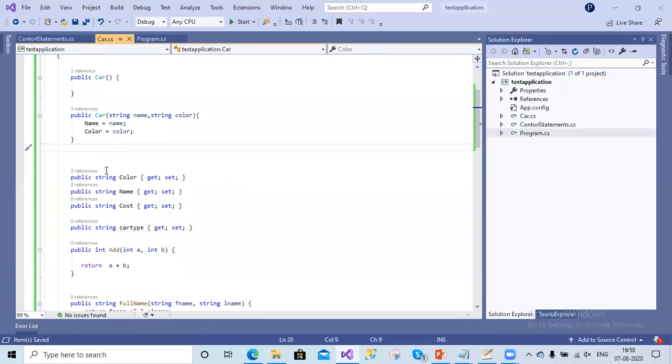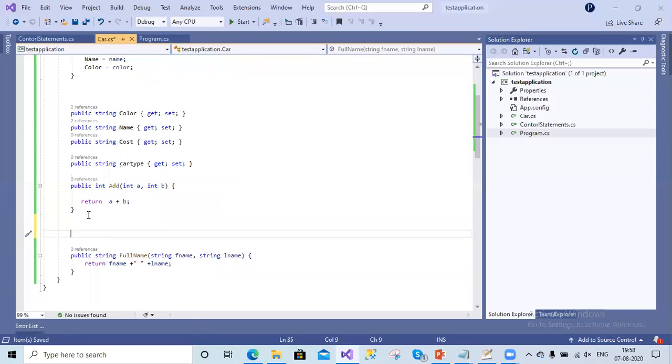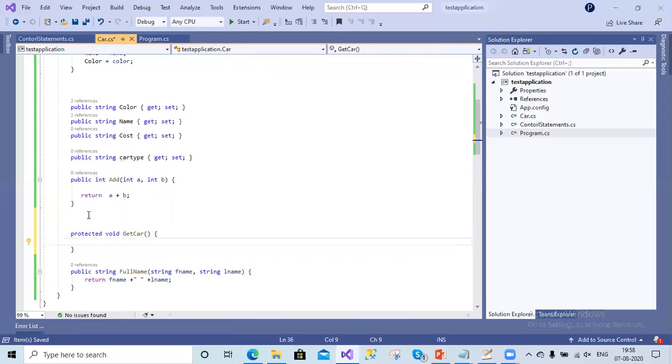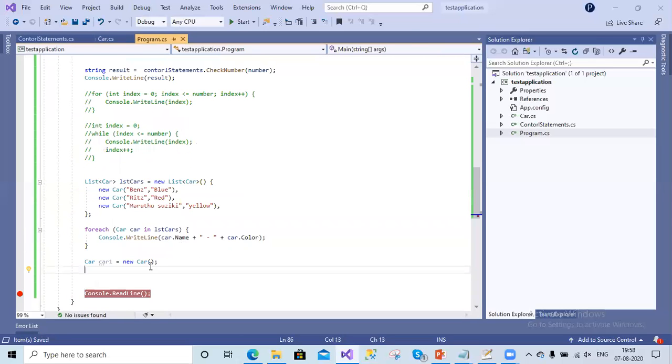Inside it, we will write a method with the access modifier protected, and let us say void get car. This is a method which returns nothing, only void, and I have given it as protected. Let's go to the program class and try to access that method here, car1 dot.